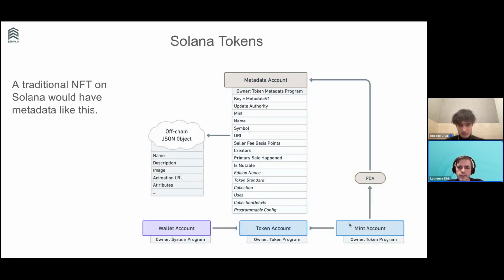So as I said, we have the idea of the mint account. That's something that is specific to a particular token. We have the token account, which is then specific to a user and a token. And then what we want to do is add extra details to this, because we want all this extra detail about this particular asset that we've digitized. And so for that, we have this metadata, all sorts of metadata, and in order to use this, we have a PDA. This is an account with a program derived address, which is there because we want programs to be able to sign for it, but it's an extra account that then gets linked and allows us to